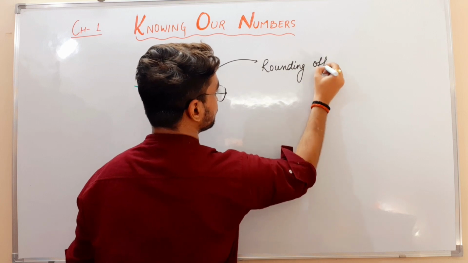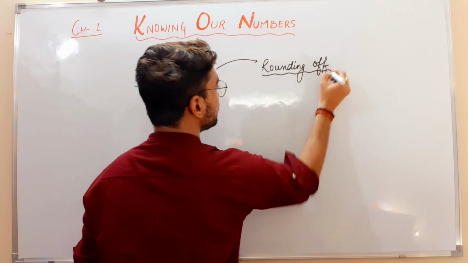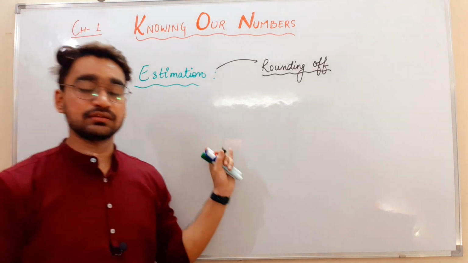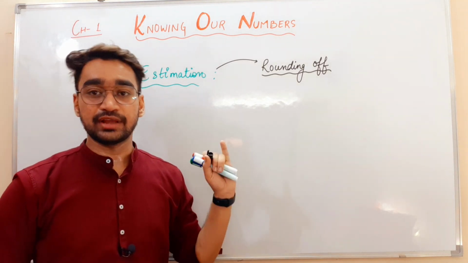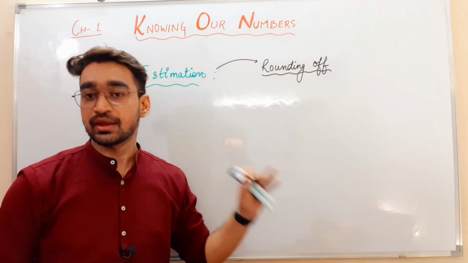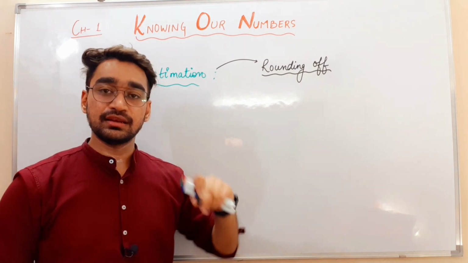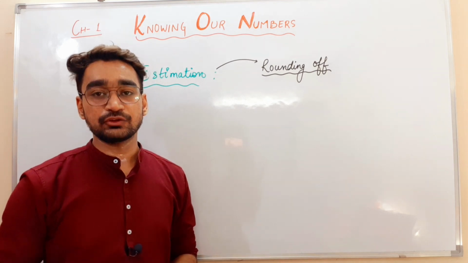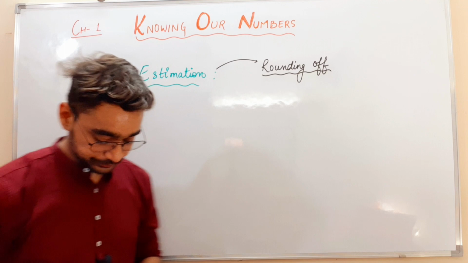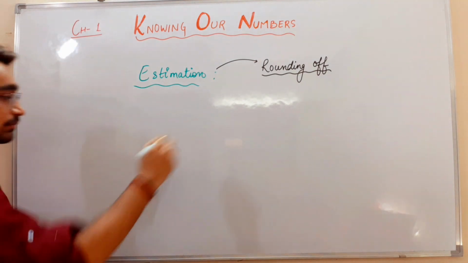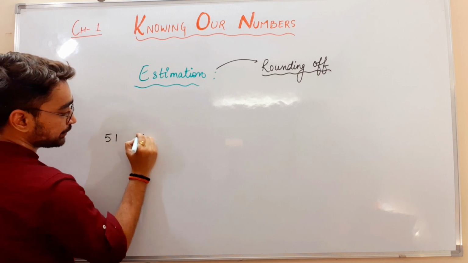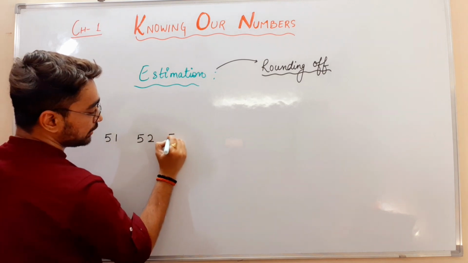This rounding off means what? We have three cases in this rounding off: nearest to 10, nearest to 100 and nearest to 1000. But before moving to 10, 100 and 1000, let us see what this rounding off actually means. I am writing some numbers here like 51, 52, 53,